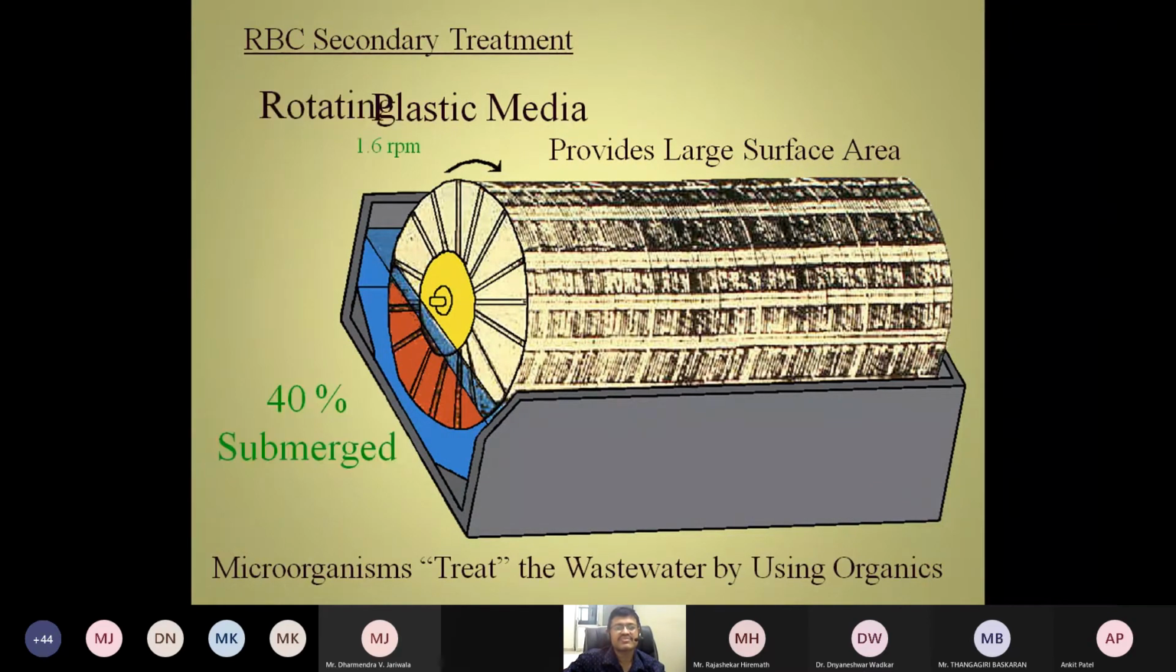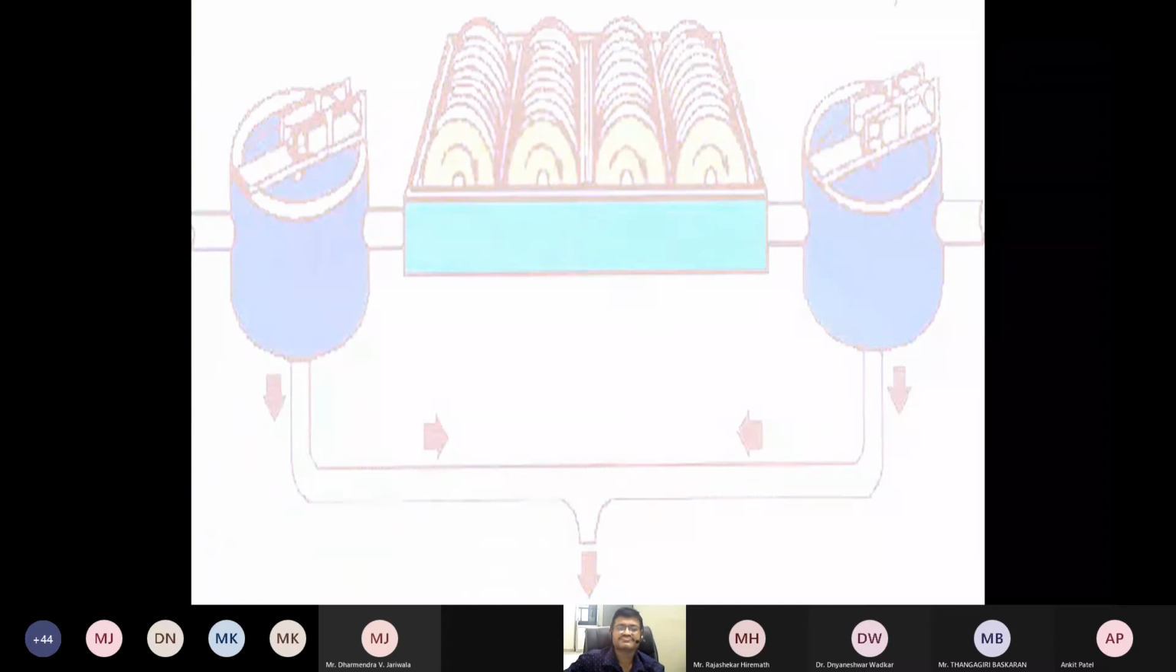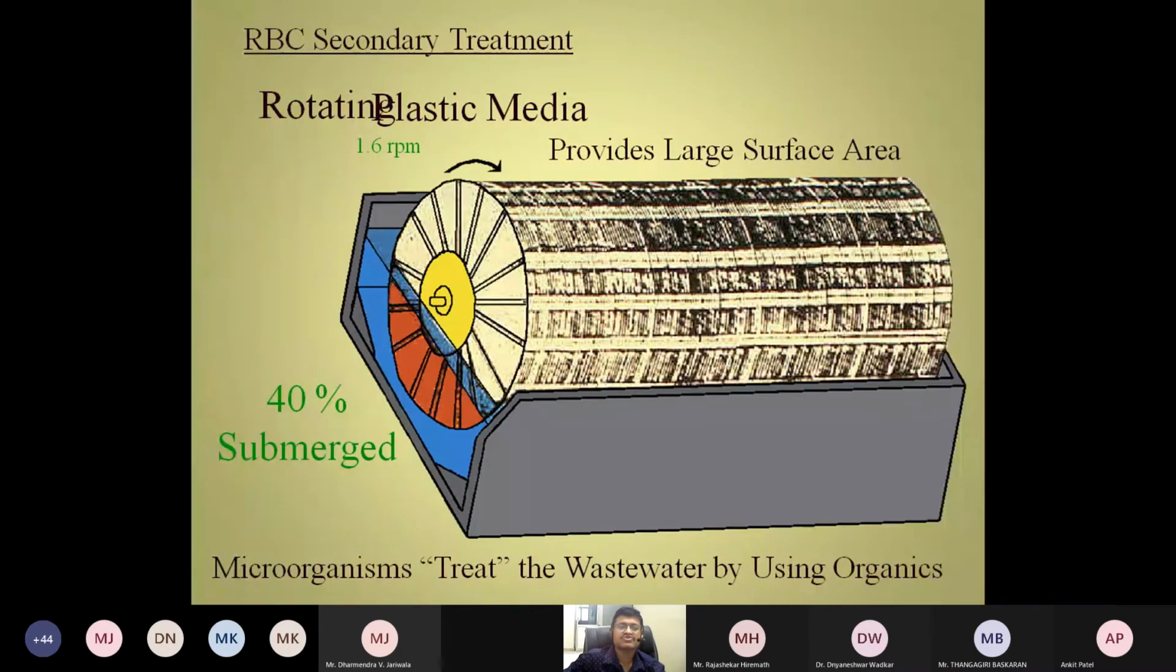It is rotating. So 40% is submerged, rotating around 1 to 2 revolutions per minute. It is rotating, one means in 1 minute it is rotating 1 revolution. So what happened due to rotating? What is happening due to rotating, you know? As it is rotating,